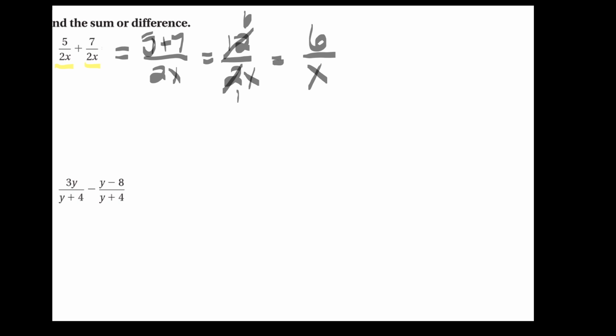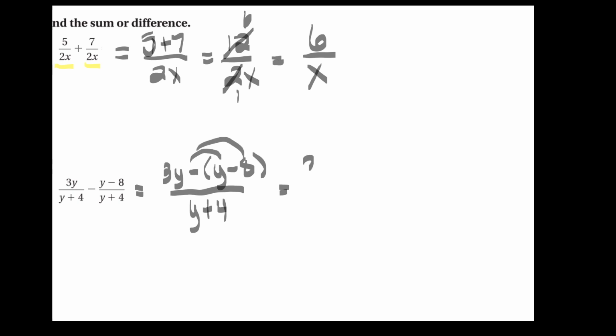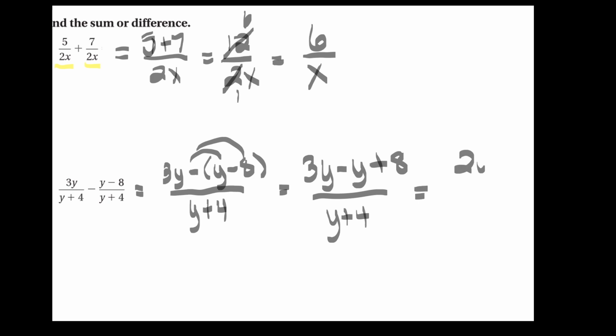Looking at our second example, again, we have a common denominator. This time it's subtraction. Now we need to be really careful here with our subtraction because we're going to have to distribute that subtraction sign. So we have 3y minus y minus 8 all over y plus 4. So we need to distribute that subtraction to both terms. So we have 3y minus y plus 8 over y plus 4,